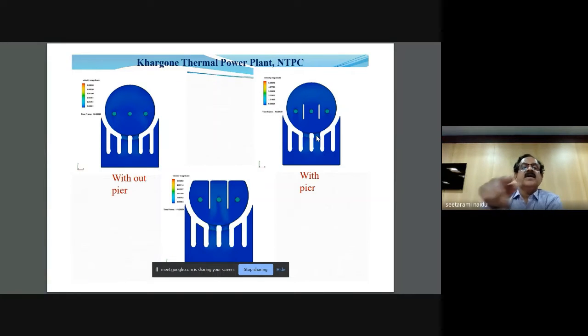Away from this is Khargon Thermal Power Plant in Madhya Pradesh, NTPC. They have proposed 3 pumps to be placed in a circular arrangement, a circular well like this. This is the entry, 4-bay entry. And we have seen the model was done. First of all, I am a little hesitant to recommend this kind of circular arrangement, for the reason that circular is attuned to give circulation, attuned to give vorticity. So it is best to avoid circular pump intakes.